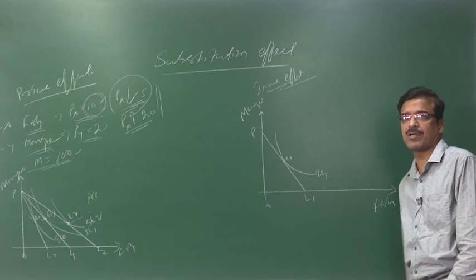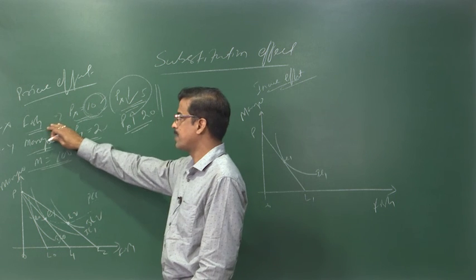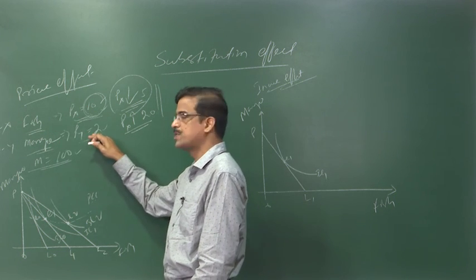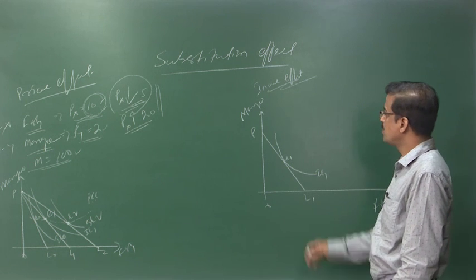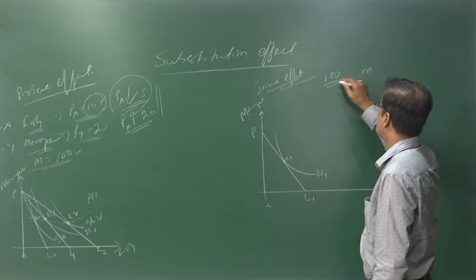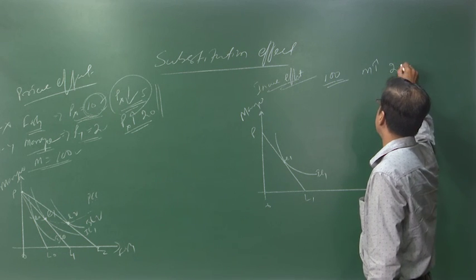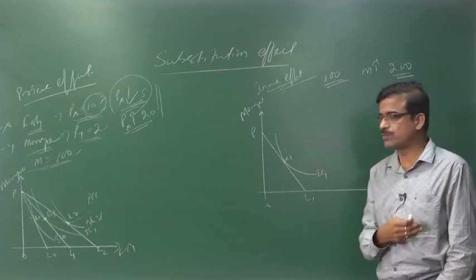This is the initial point of equilibrium, considering money income as 100, fish price 10, mango price 2. Now, suppose the money income, instead of 100, increases to 200. If the consumer's money income increases,